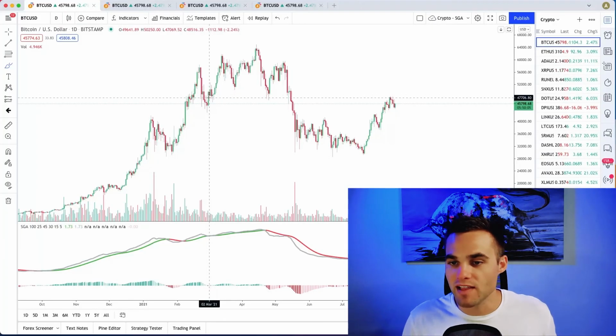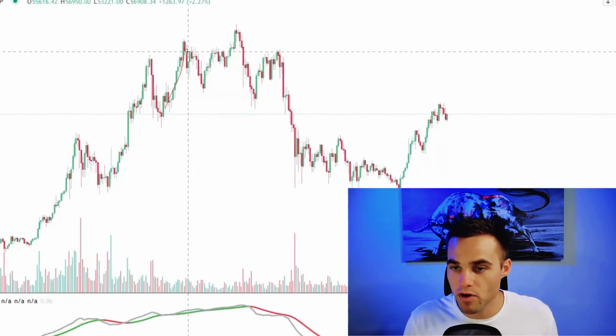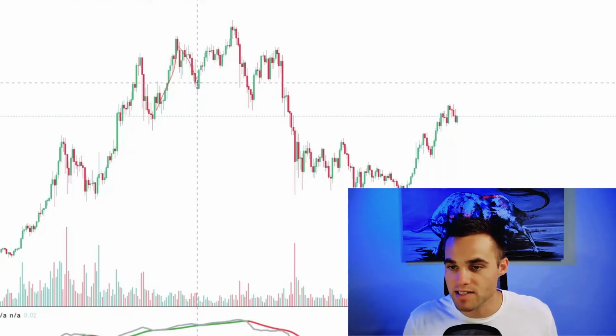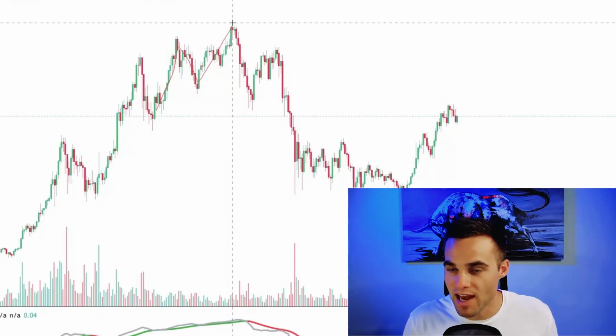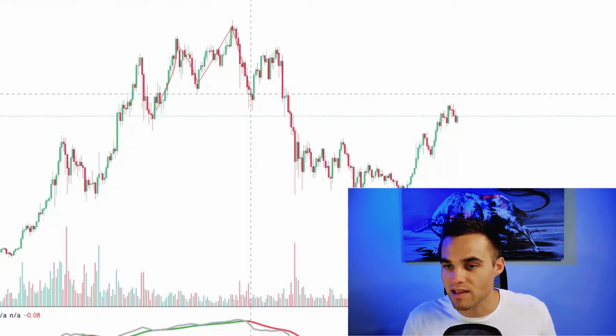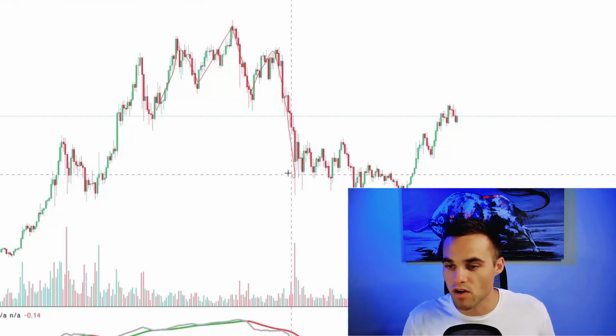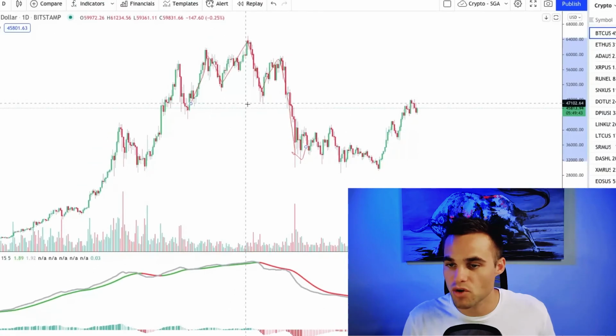So here on the Bitcoin daily chart, we can actually see a head and shoulders pattern. We can see it coming up here, boom, there's this shoulder, comes down to this neckline, right? Comes back up, here's the head, it's higher than the shoulder, comes back down, it broke the neckline slightly, but then it came back to form this other side of the shoulder, comes back here, and then boom, price went all the way down. Okay, so this is a head and shoulders.